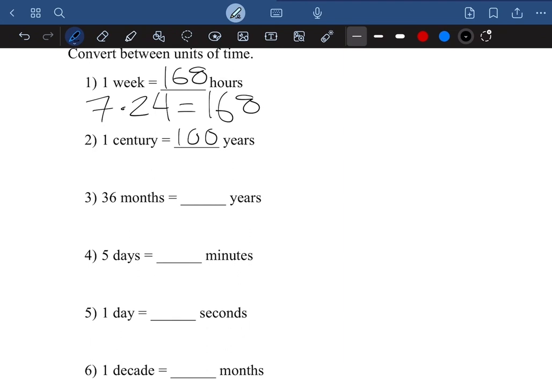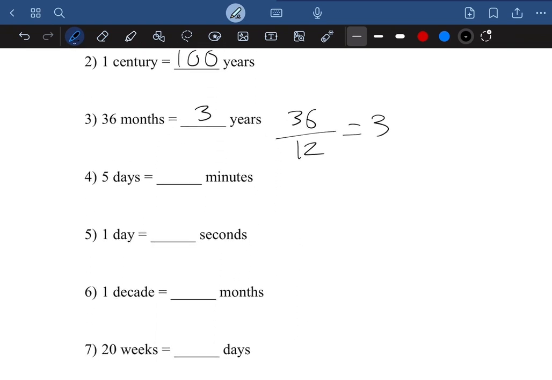Number 3, 36 months is equal to how many years? So we know that each year has 12 months, so we just divide 36 by 12 to get 3. So the answer is 3 years. Number 4,